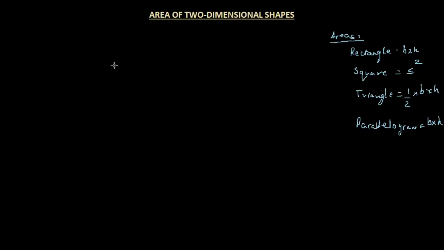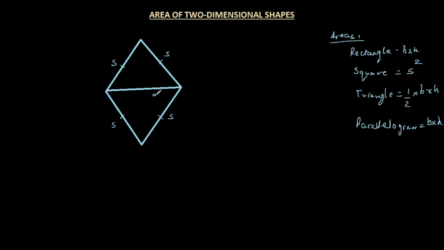So come on, let's have a look at a rhombus. A rhombus is a figure like this, and like a square, in a rhombus also all sides are equal. The only difference is that they are not inclined at 90 degrees like in a square, but all sides are equal, so we can mark them as equal. Let the side of the rhombus be S. And let me also draw a diagonal of the rhombus, like this,